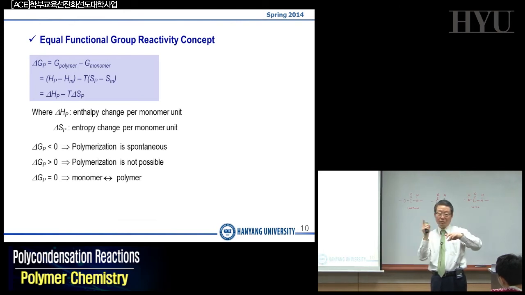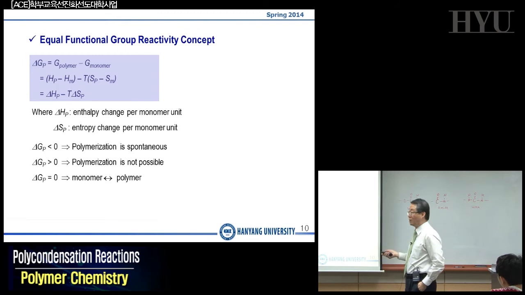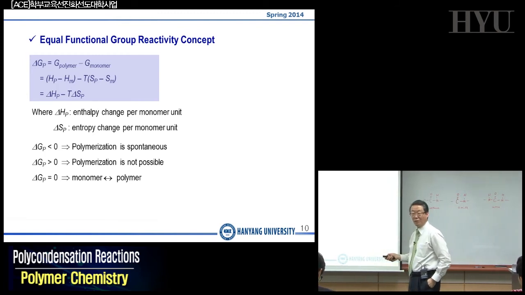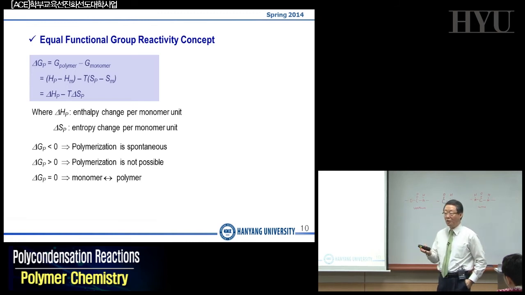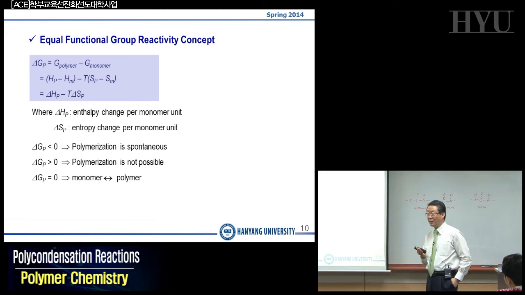One arrow from left to right, the other arrow from right to left. So that's the situation where you have the equilibrium. There is no further polymerization reaction at the equilibrium. So the molecular weight is limited in the case of equilibrium reactions. Polycondensation is an equilibrium reaction,